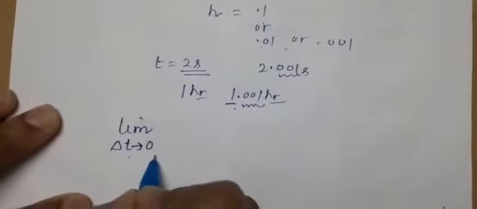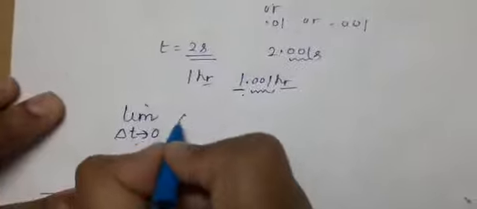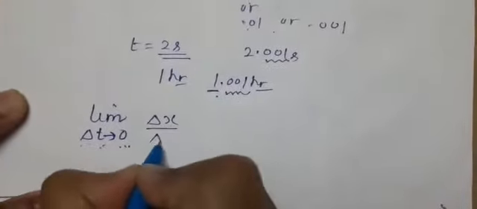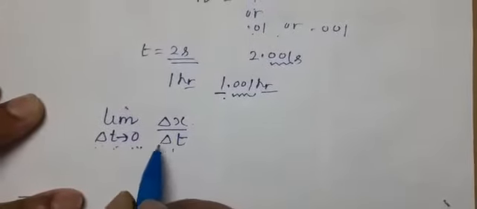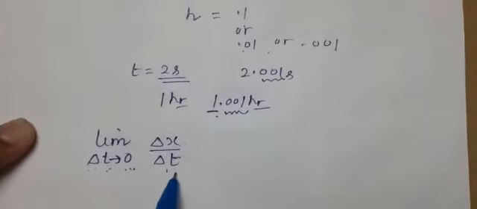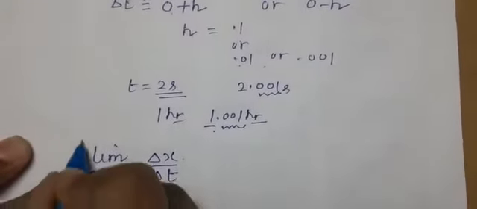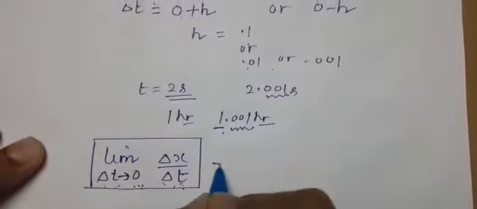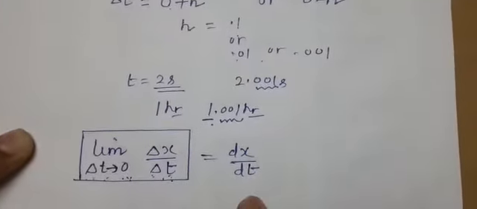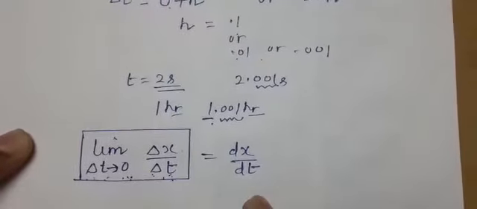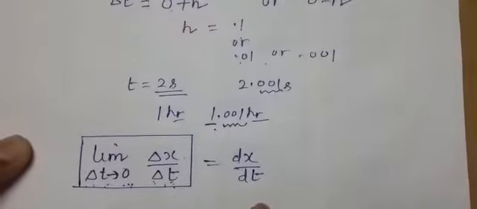Whatever interval of time, that difference of time is approximately equal to 0. Then this along with del x upon del t. See, del x upon del t, as I have introduced, is the concept of average speed. Now, a limit has been placed over the difference of time. Then this complete term is replaced by dx by dt. This is one of the ways we write differential coefficients, as I have introduced in differentiation.